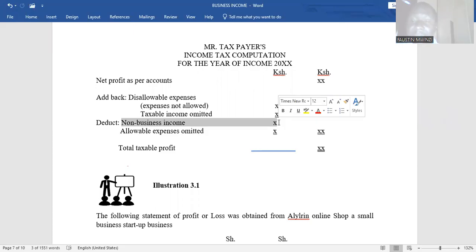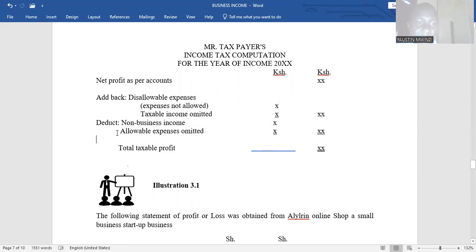And if there are some incomes that are subject to final withholding tax, then you need to remove them from your computation, and you remove them by deducting them. Then you less allowable expenses omitted. If there is a tax allowable expense that was not captured in the income statement, then you need to deduct it. I give you a fine example,